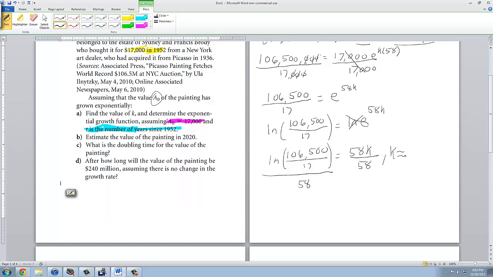k is 0.1507, which is usually very, very small. So that answers the first part: find the value k. The next part, reading back at part A, is determine the exponential growth